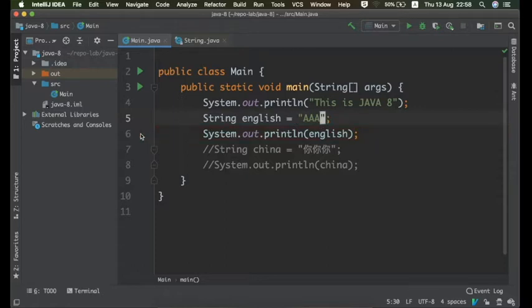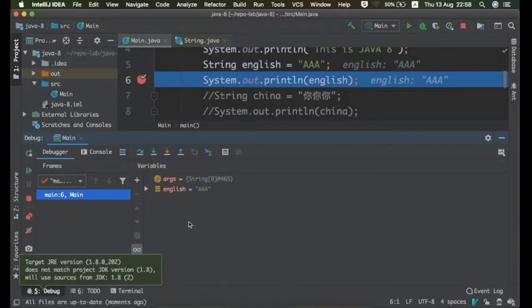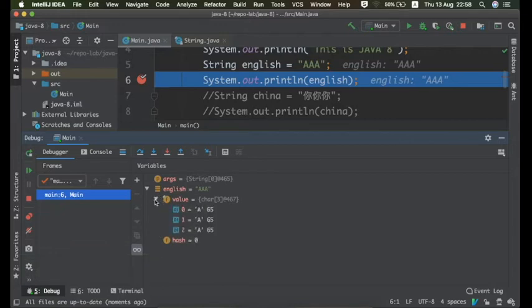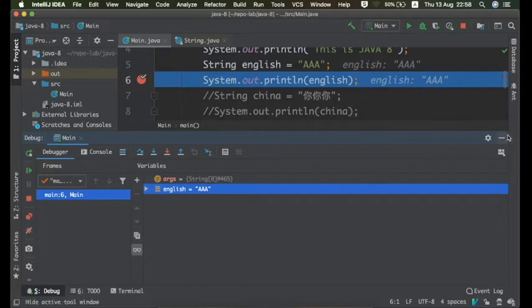Let's see in debugger mode. I have used a breakpoint here, and let me run in debug mode. As you can see, this variable is an array of characters and it has a size of 3. So eventually it will take 6 bytes of memory.